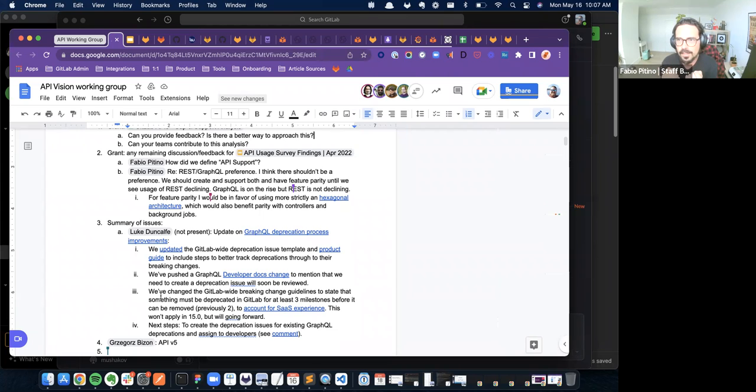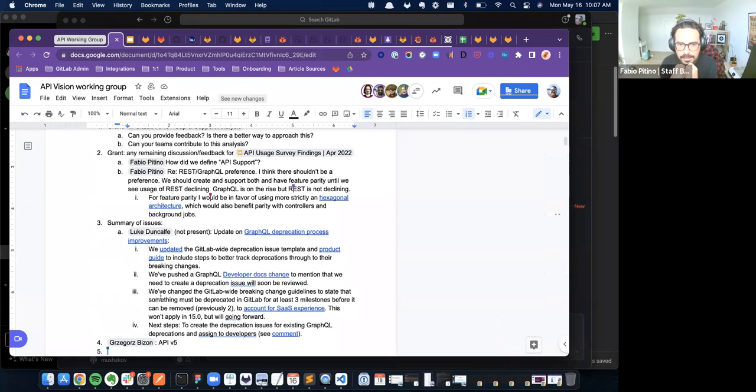So I don't see us having a preference over which one we should use more often. We could have a preference internally for the front end, for example, to lean towards GraphQL. But I think ultimately we need to implement both and maintain both. Then it boils down to what we can do to reduce the maintenance between the two.